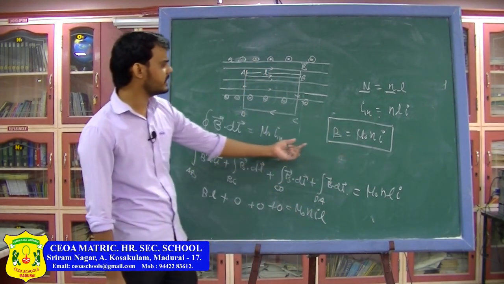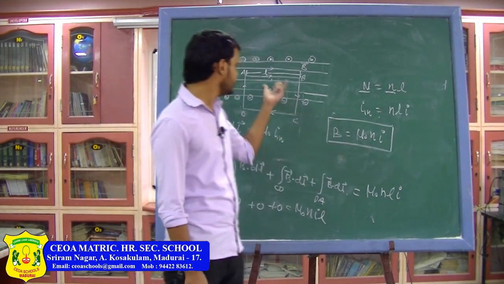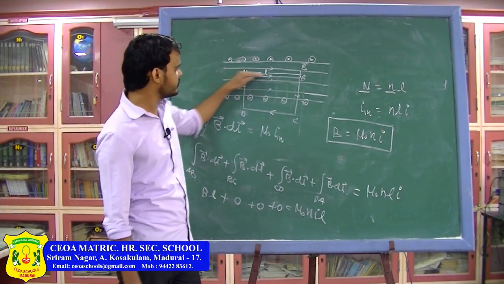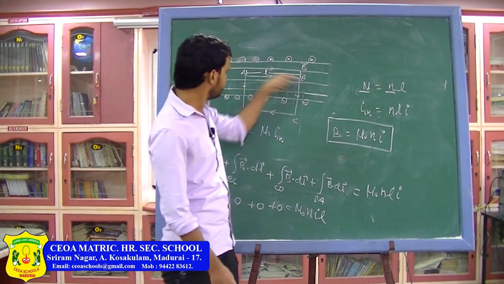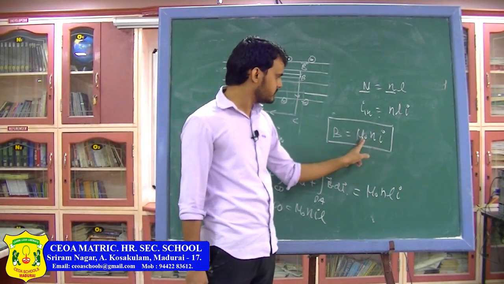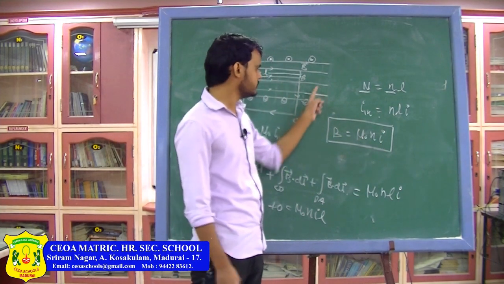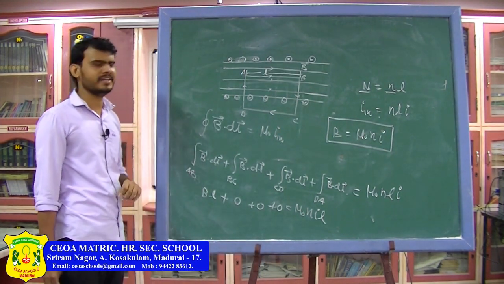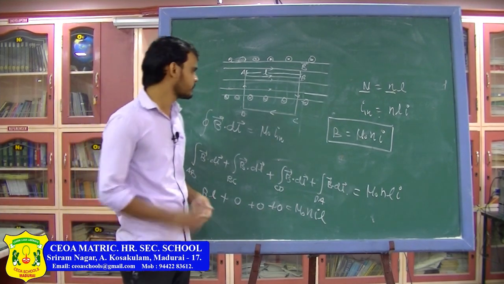So this is the magnetic field due to a solenoid inside the solenoid, which is ideal. And remember the direction of magnetic field due to all of them is in this direction, and the magnitude is mu naught n into I, which is constant throughout. So this is a uniform magnetic field. So if you want to produce a uniform magnetic field, you can use a solenoid.